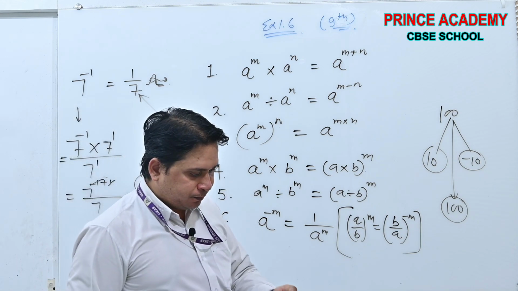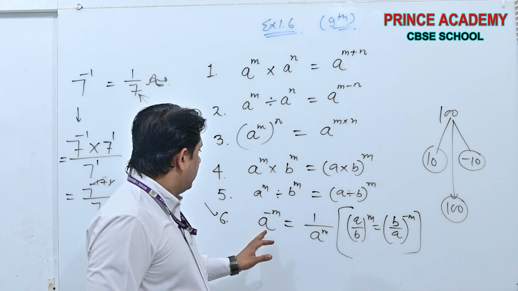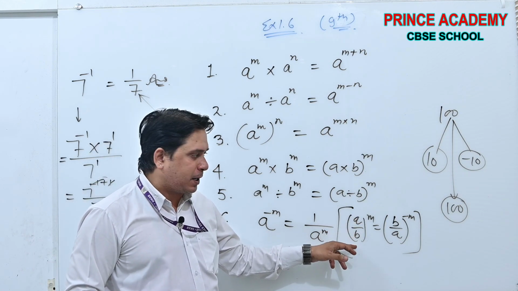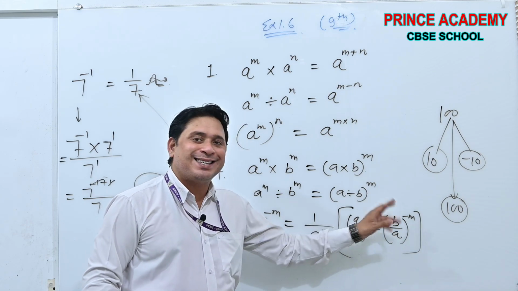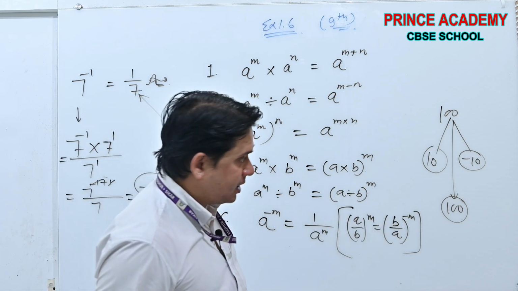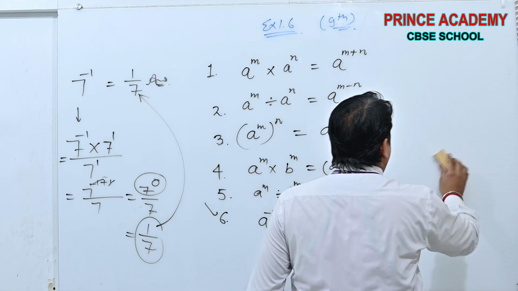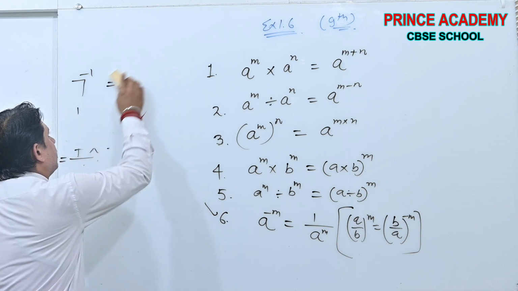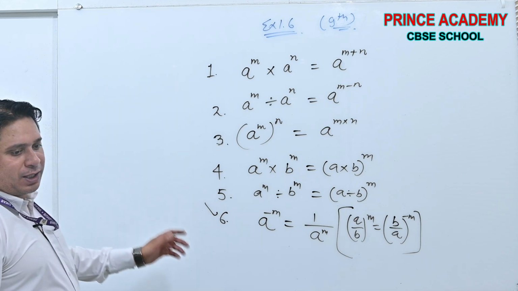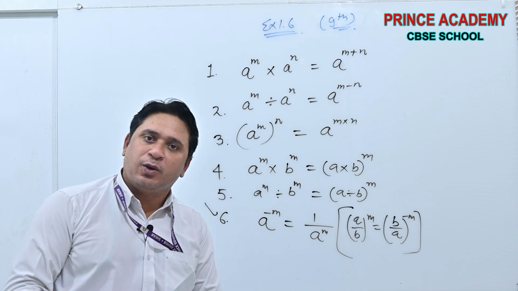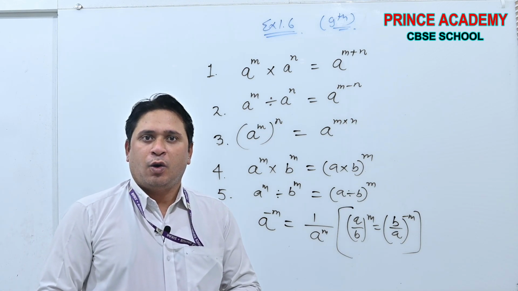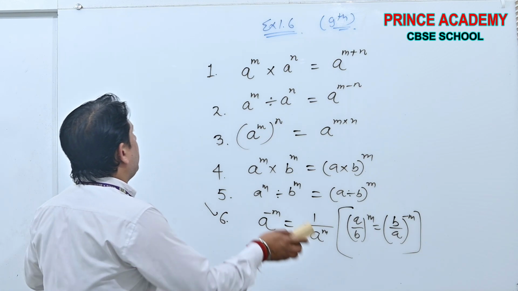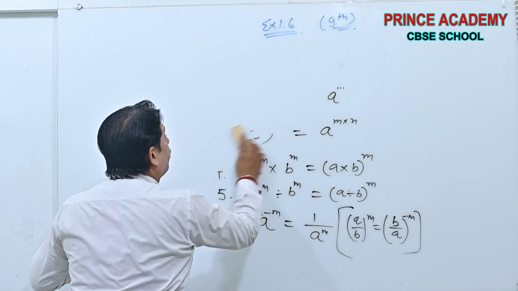Okay, beta, it can be written as: when we change the numerator and denominator of the fraction, the sign of the power is changed. Okay, beta, now you can take the screenshot of all the rules. These rules we will use in this exercise. Okay, done. Now see, beta, can I remove this?